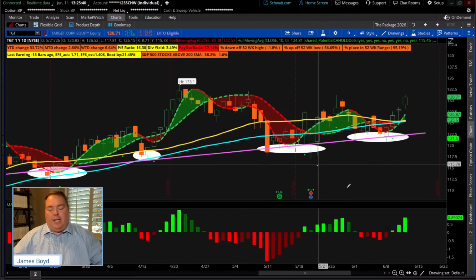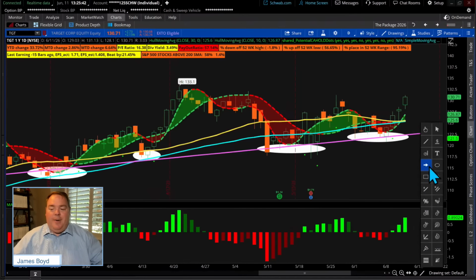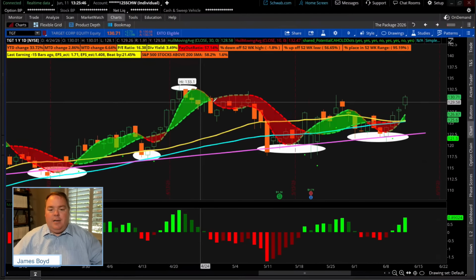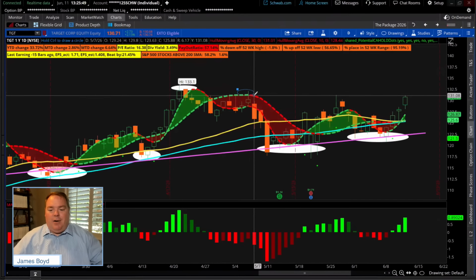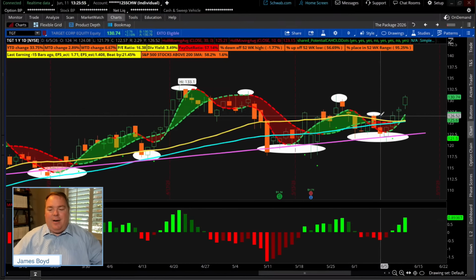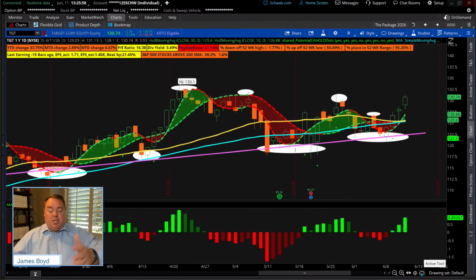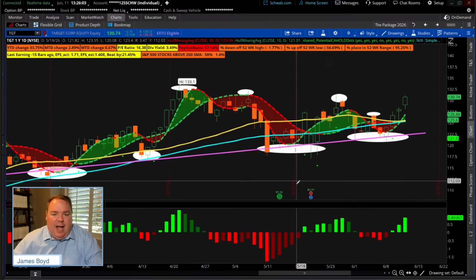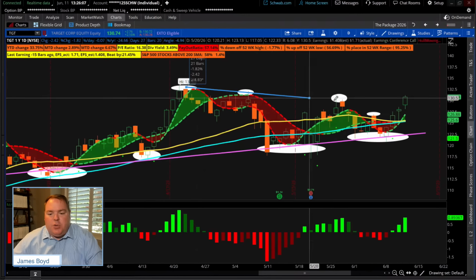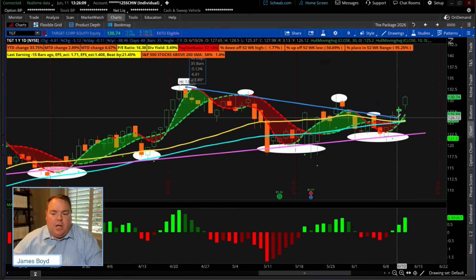Now, if you take a look at this chart, we could also say, well, James, you drew from the lows. Let's draw from the highs. Let's do it. So what I'm now going to do is say, where were these recent highs? There's a high. There's another little recent high right there. There's another little high right there. And there's another little one right there. There have been some highs, and just like support, with resistance we could actually see horizontal and diagonal lines. These lines are very important because this is where traders are probably taking their signals off.